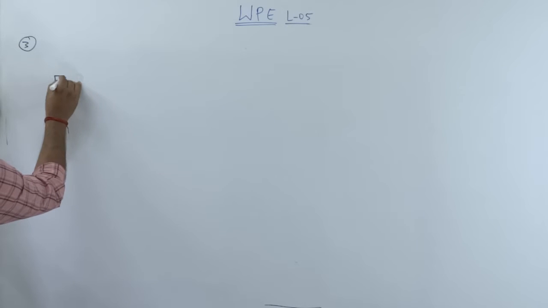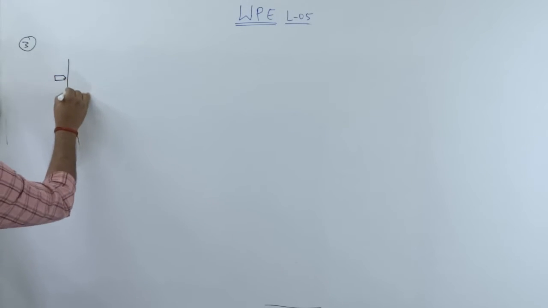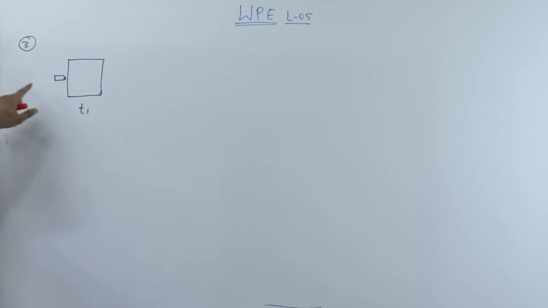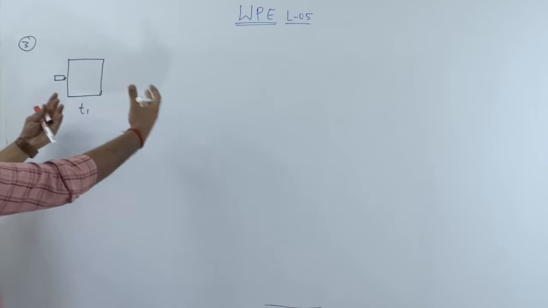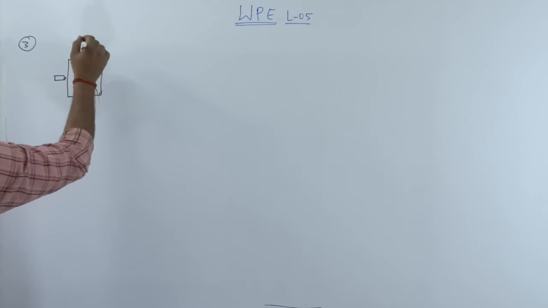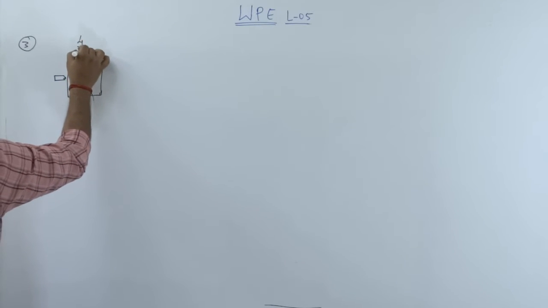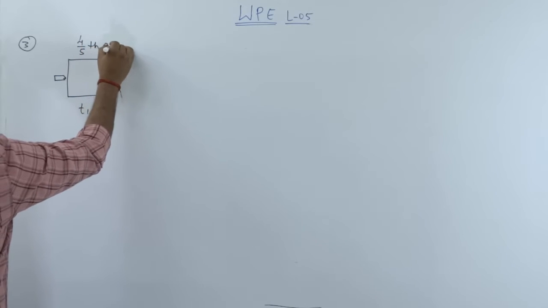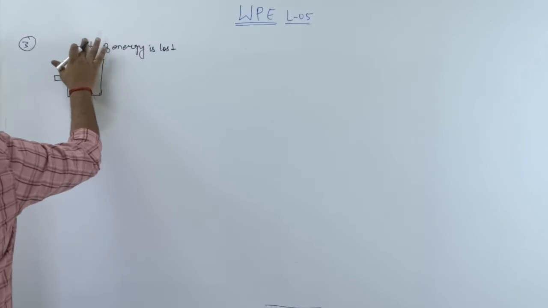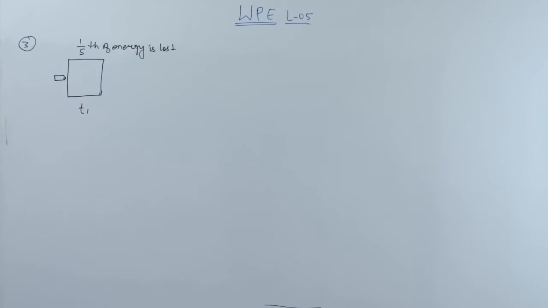Let's say a bullet is fired and it enters a wooden block, let's suppose thickness is T1, it enters the wooden block and it loses अपनी जो एनर्जी इसके पास है, इनिशियली ये लूज करता है कितना, 4/5 ऑफ एनर्जी, सॉरी 1/5 कर दो, 1/5 ऑफ द एनर्जी इज लॉस्ट। वो जैसे ही उसमें एंटर करता है वो अपना 1/5 ऑफ द एनर्जी लूज कर देता है, करेक्ट है ना जी।